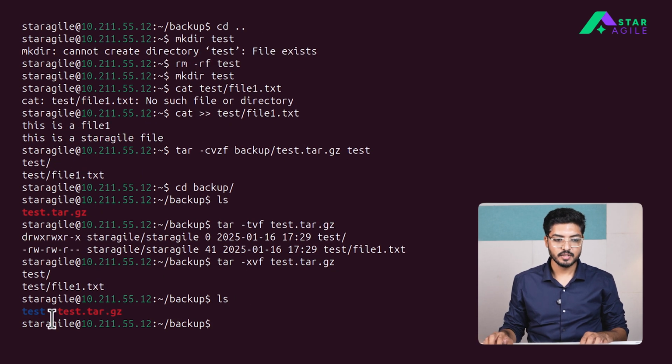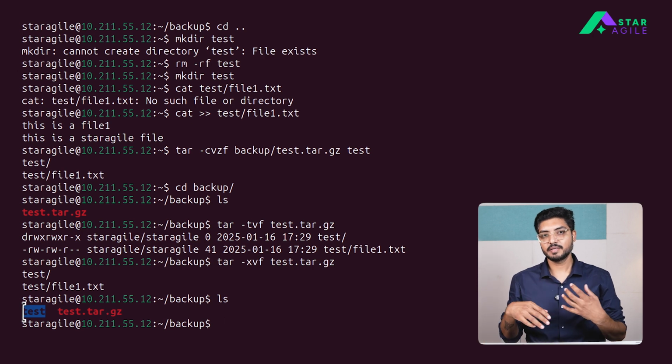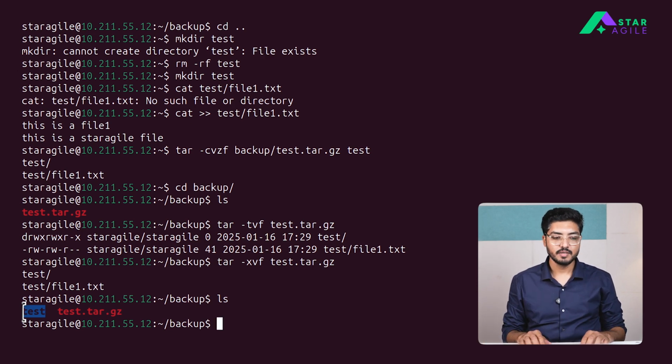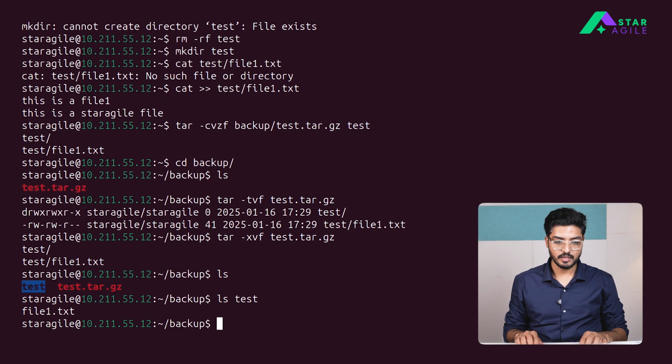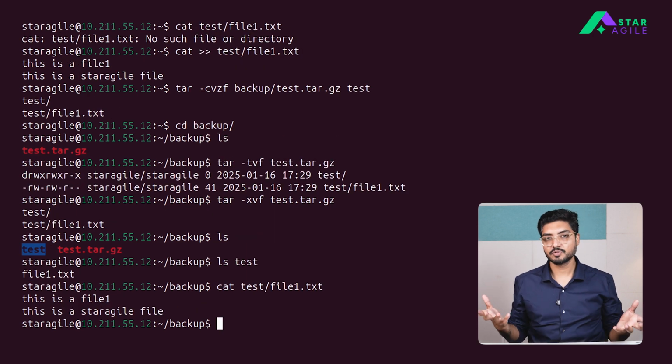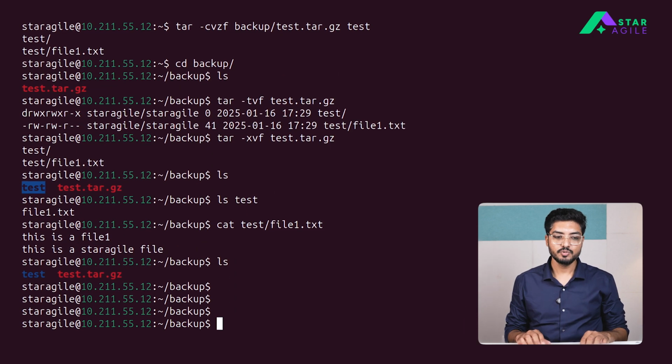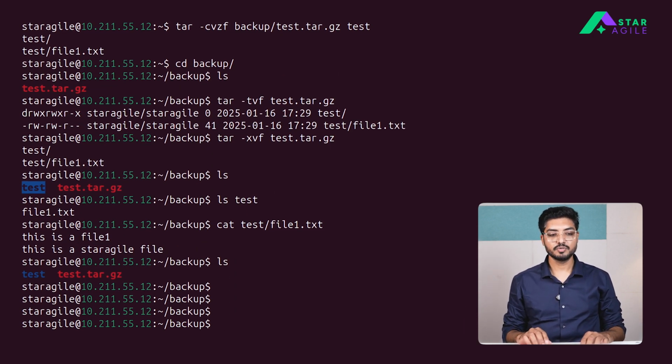Once you do this, it automatically uncompresses the tar for you, unfolds the tar, and then shows you the contents which are present inside the tar file. Now if you look at the tar, you should be able to see the text, and if you do this, you will be able to see the content. So that's how you can use the tar command in order to create the backup, and also you can compress it